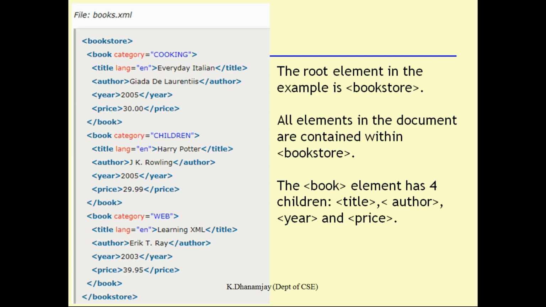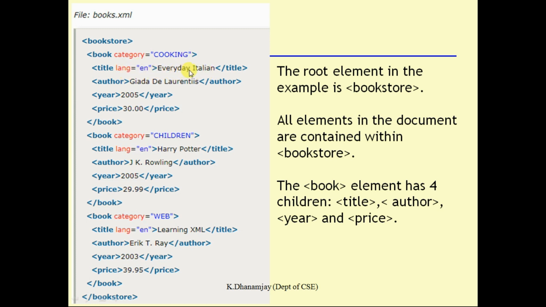I want to store book information. Then how can you store? Simple. For category purposes, you can specify book category equal to cooking, and then in book, up to here, you can specify a title, language equal to English. You can specify Japan, JP, like that also, no problem, or language equal to Australia, like that. You can change the languages. This is not a mandatory part, you can use it, or without using it also you can work. Okay, so the title is in Italian, for example.